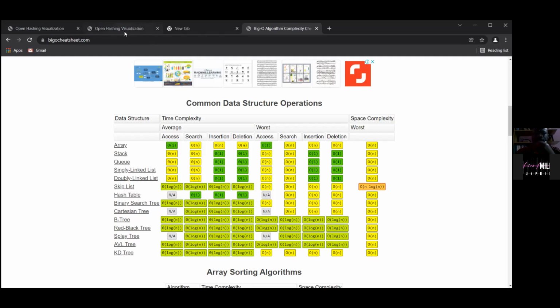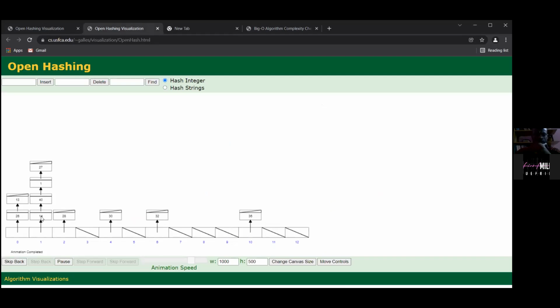Okay, let's go back to this open hash visualization. You notice in this place there are these memory spaces. There's no value occupying these memory spaces.